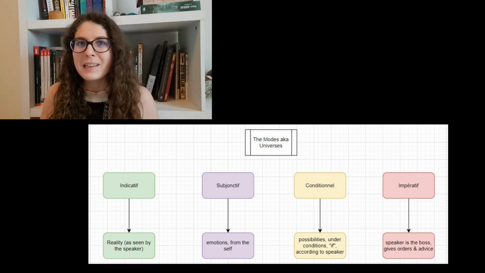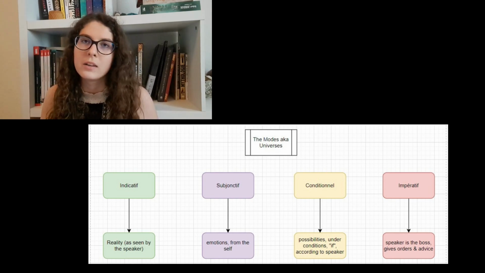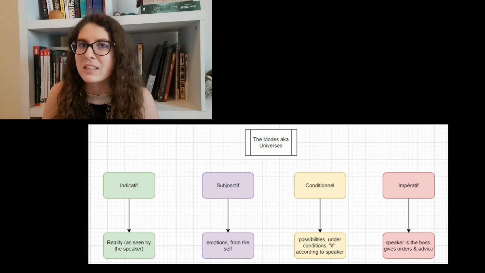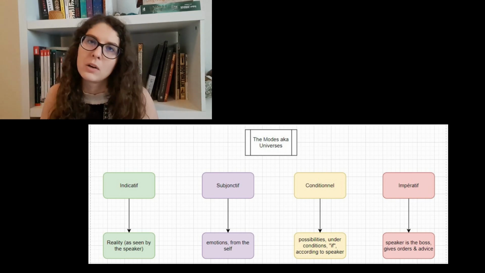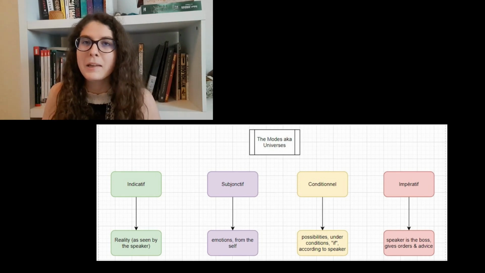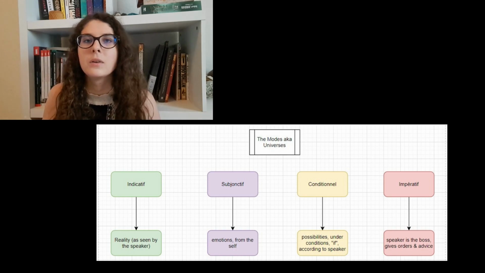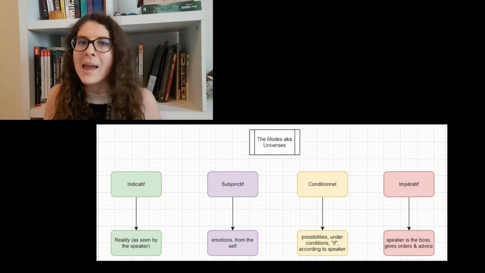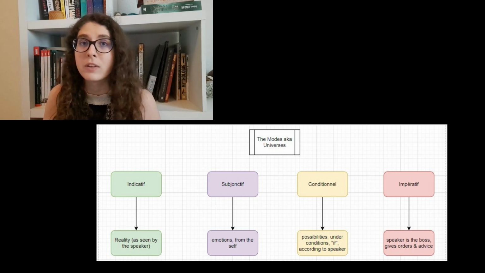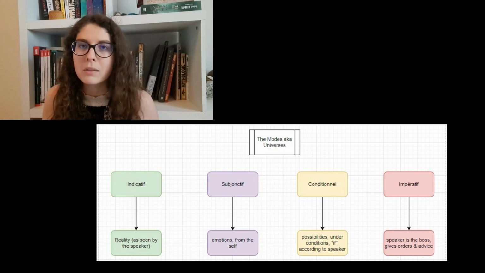But the idea is that often you learn that indicative is reality, but that's not exactly it. It's only reality as the speaker sees it. That's why I'm saying it's storytelling and narratives. It's reality, but only for the speaker. So it might be completely untrue. But in any case, if you want to use reality, you go for the indicative mode. It's like the main mode where you have like présent, passé composé, passé imparfait, futur simple, all of those ones.